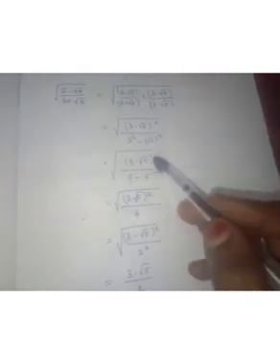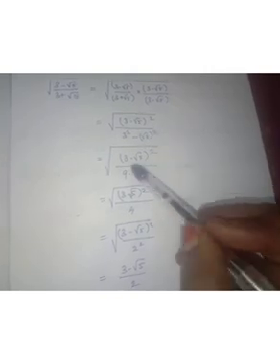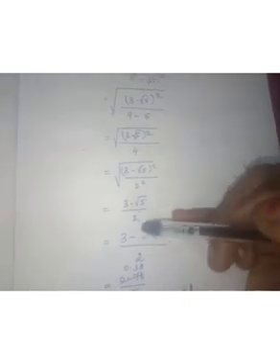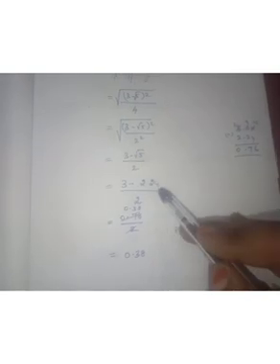Okay, 3 minus root 5 whole square. 3 square is 9. Root 5 whole square: square root and square cancel, so only 5. 9 minus 5 is 4. The next one is 3 minus root 5 whole square by 9 minus 5, 4. So the square roots are cancelled. So 3 minus root 5 by 2. Root 5 you already found the value of. So if you substitute the value, 3 minus this number, you get 0.76 by 2. 2 is cancelled, and this number 0.38 is the answer.